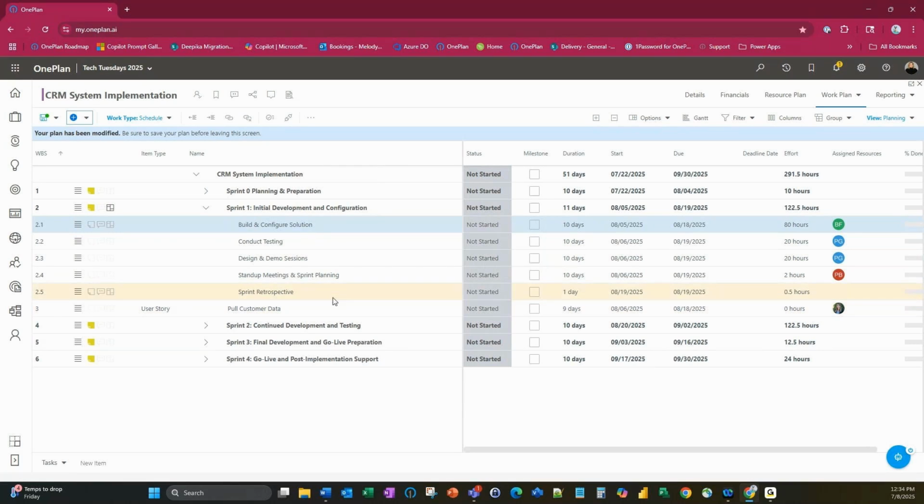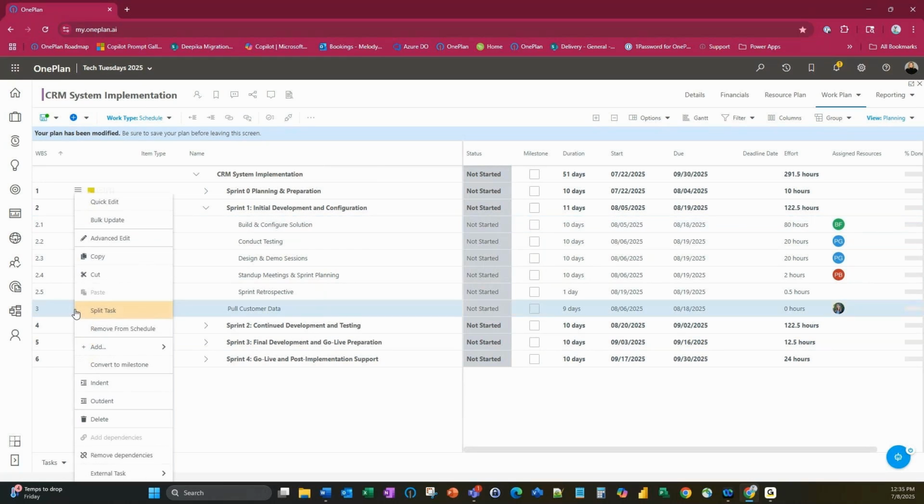And again, as you see here, I have pulled in that user story, and I know it's a user story because I see that by the item type here. I know when it is supposed to start, and I know when it is due by, and so I can easily see that information in there as well. Another thing that's nice about it is that I do see who is assigned to it, so it does bring over that information as well.